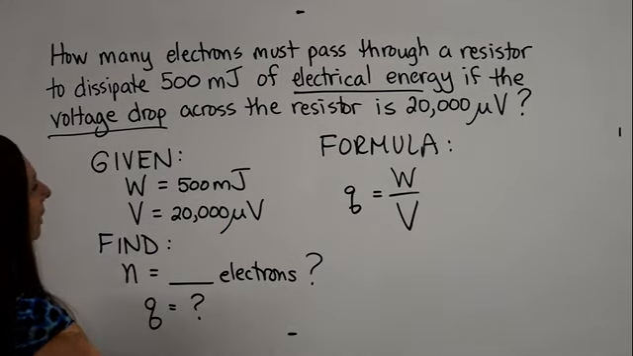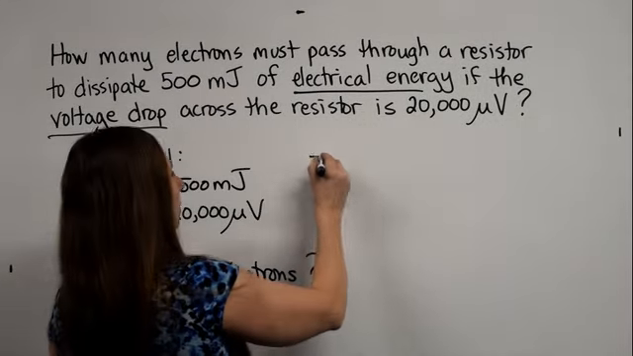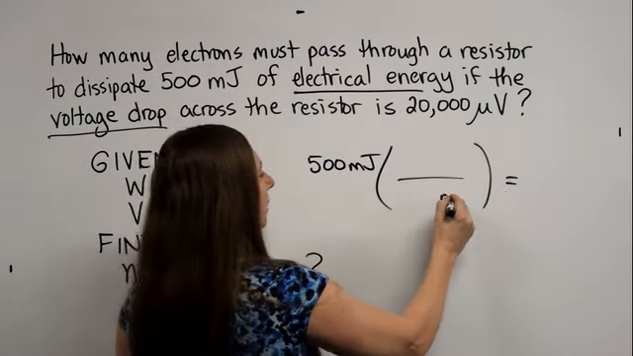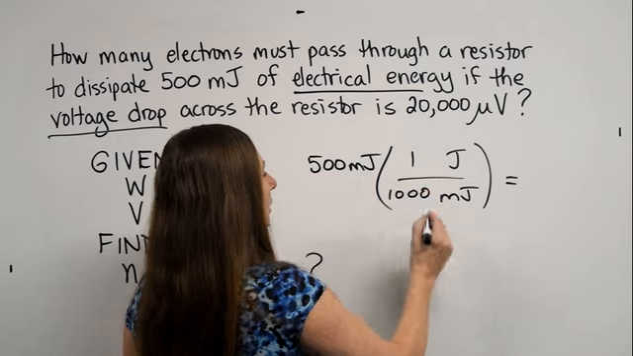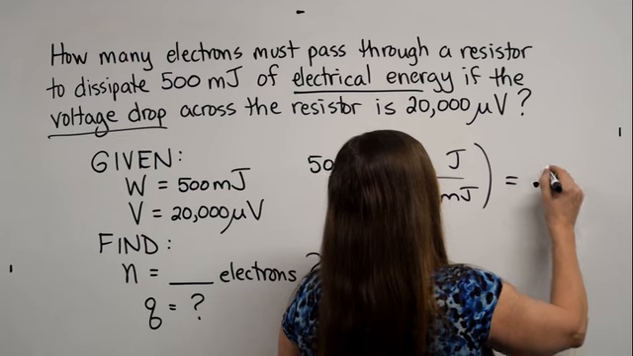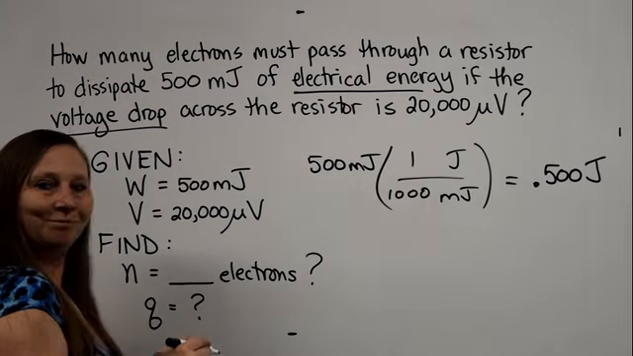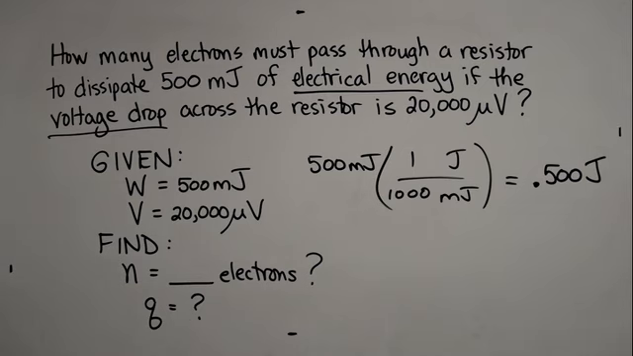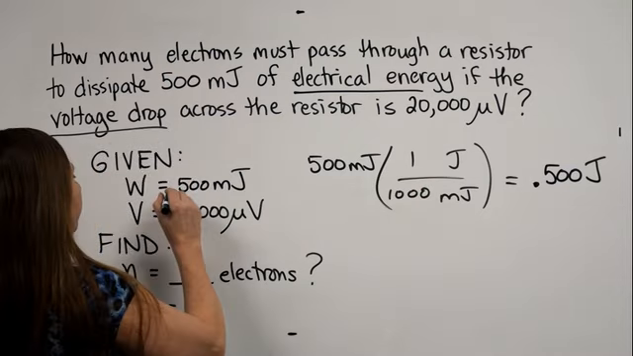Now, let's convert the 500 millijoules to joules. Millijoules to joules. One big giant joule is 1,000 little millijoules. 500 divided by 1,000 is 0.5 joules. So we've got 0.5